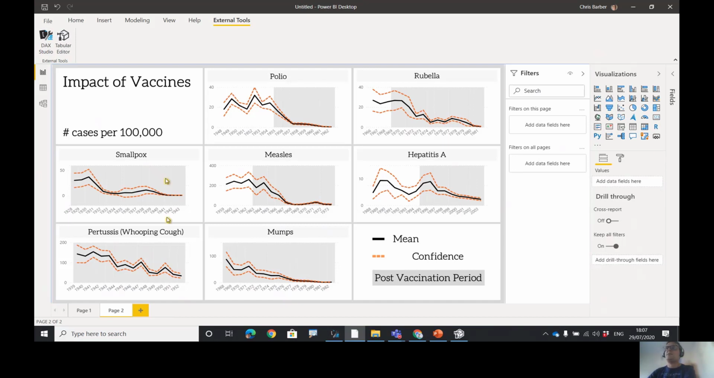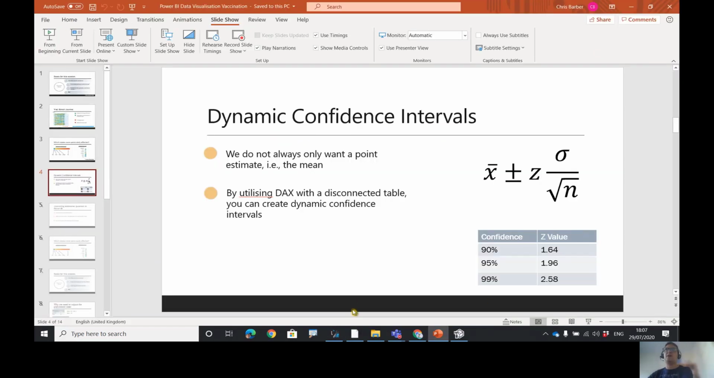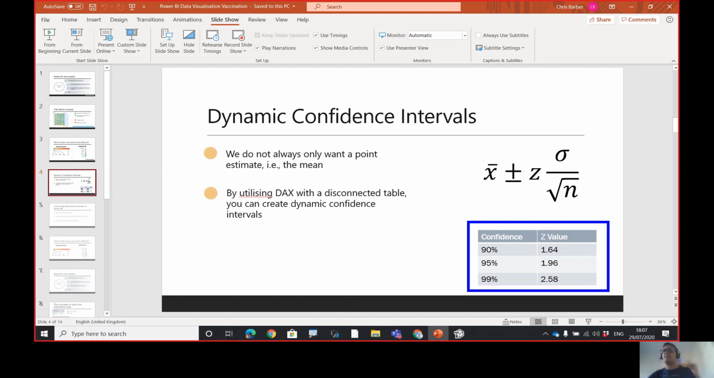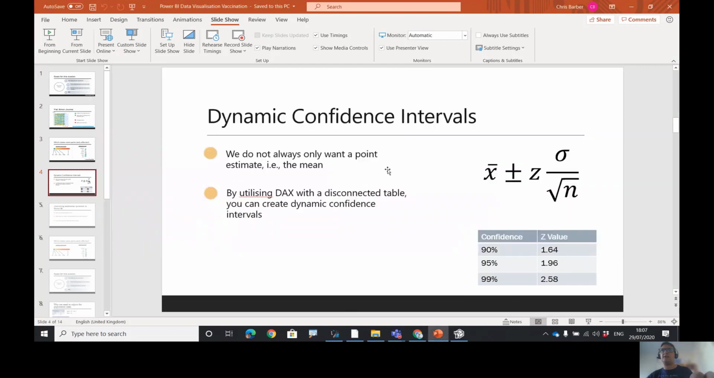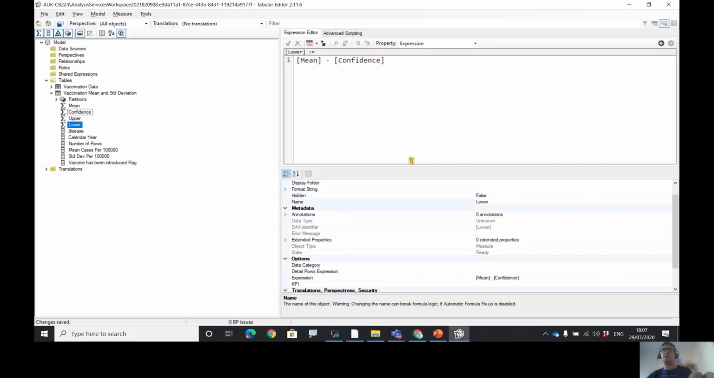What I'm now going to do is create those dynamic confidence intervals, and I'm going to do this using a disconnected table, so a table completely disconnected from the model. So if we go back to our confidence intervals, you'll see here I've got a list of the Z values and their corresponding confidences. This is just taken from a table based on normal distribution. So let's add in that disconnected table manually. So if we go back to Power BI